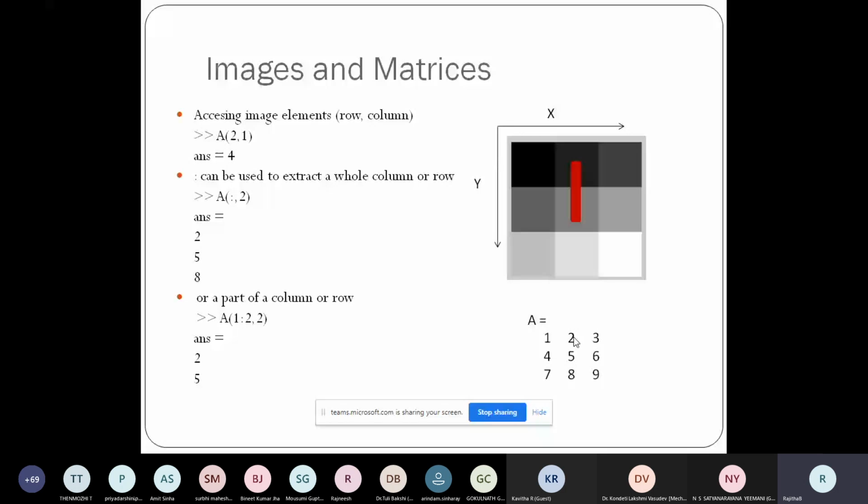So 2 and 5. Okay. Second column values from 1 to 2. So 2, 5. So I'm getting the values here. Suppose if I had 1 colon 3, then I would have got the result as 2, 5, and 8. Okay. So like this, I can access a particular column or a particular row in a matrix. That is how you can access these values.